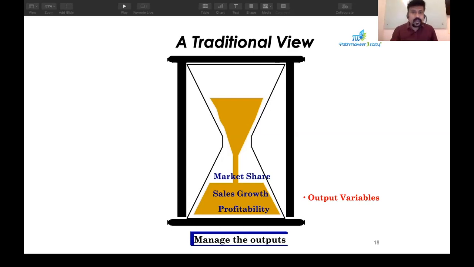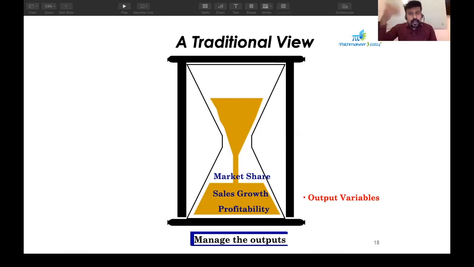Now coming to sales growth. Sales is nothing but your revenue. It is generally represented either as quantity or in money, in dollars or rupees. But sales growth is how much the growth is from my previous month to the current month, or how much is my growth compared to the previous year in this year. That is represented as a percentage.